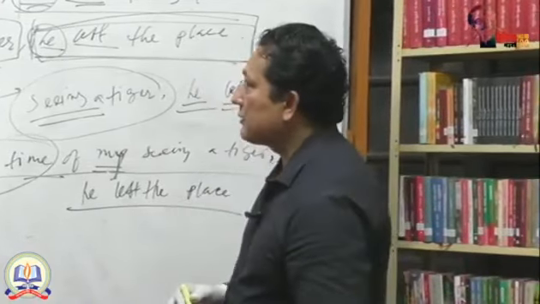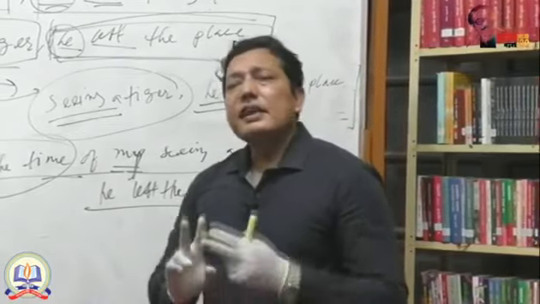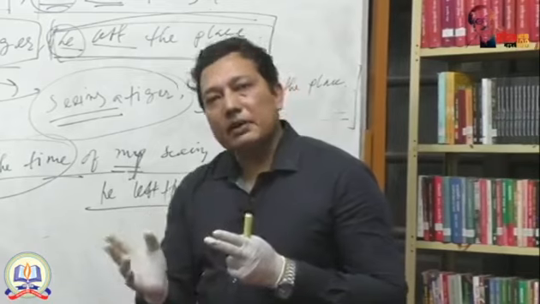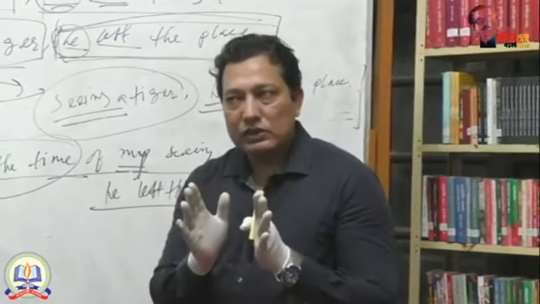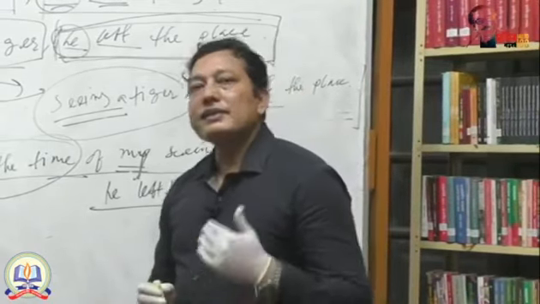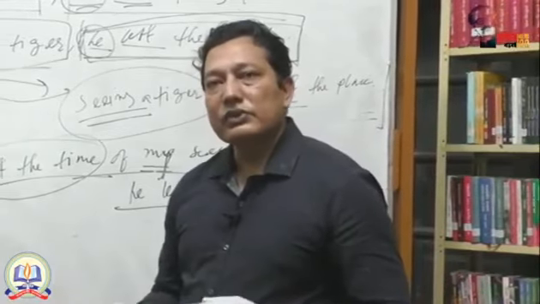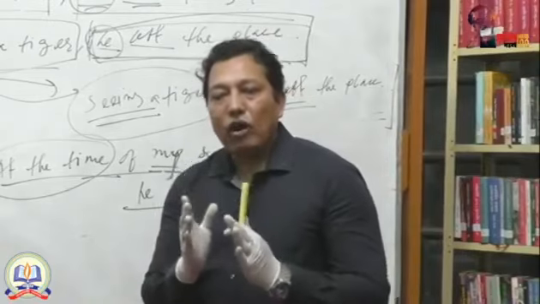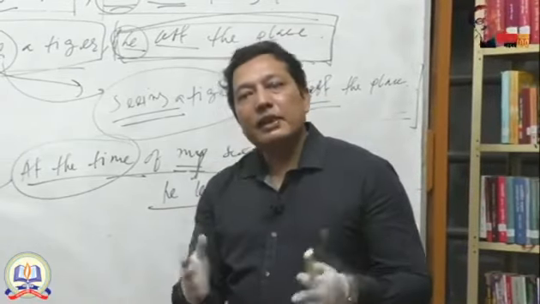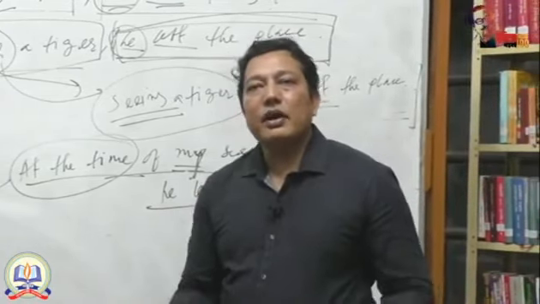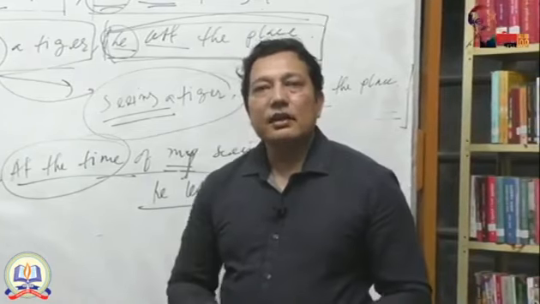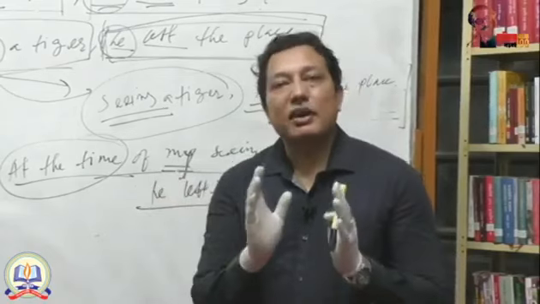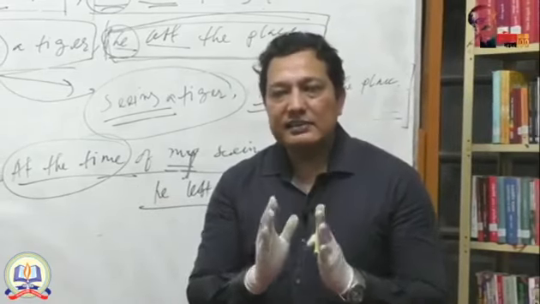And in a complex sentence, you will get two parts, and one part will be dependent on another part. That means here you will find a subordinate clause and a principal clause. What are the criteria of a clause? In a clause you will get a subject and a final verb. That means you will get the same characteristics of a sentence in a clause, but it is used in a sentence as a part of a sentence.